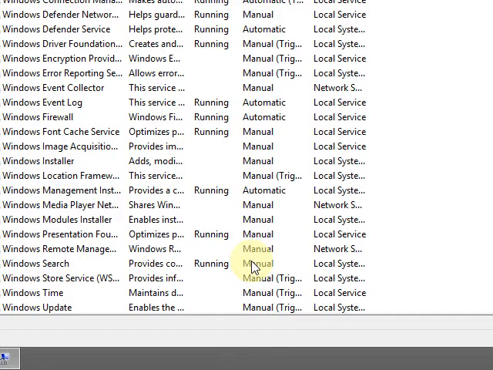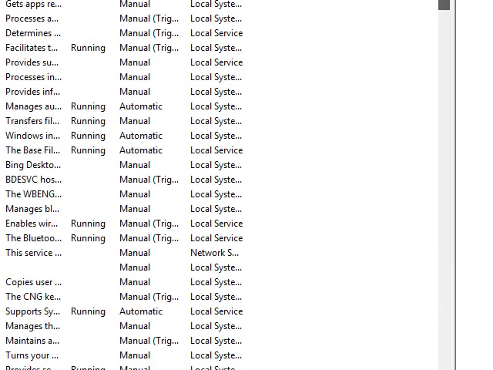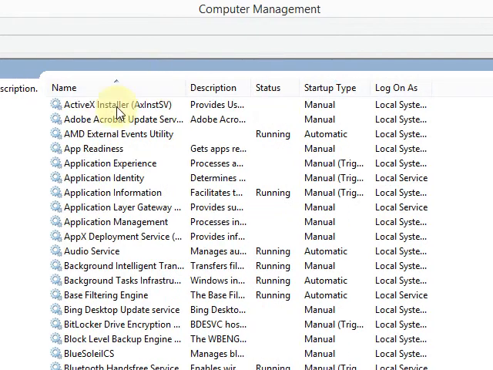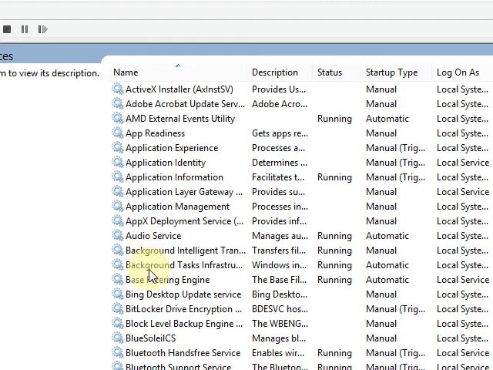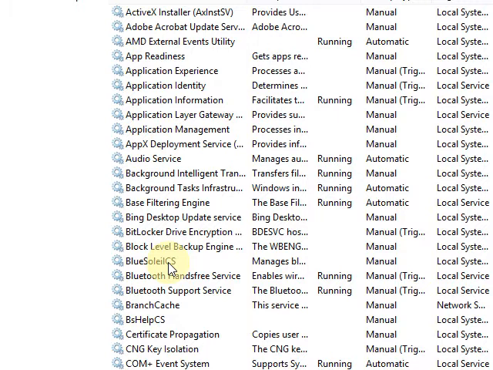But these are quite important to disable, especially certain things. Name wise, here you get Adobe Acrobat Update Service, again a useless thing. Then you get certain things like Bluetooth services, again useless, as you really don't need it to turn on at the time your computer turns on.